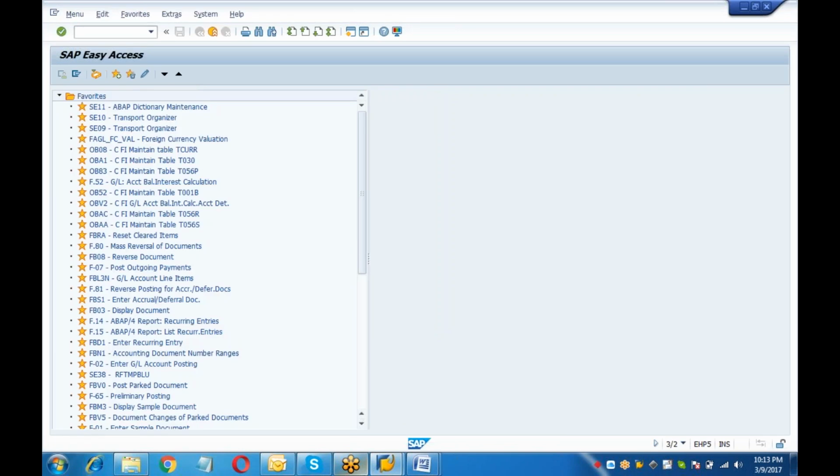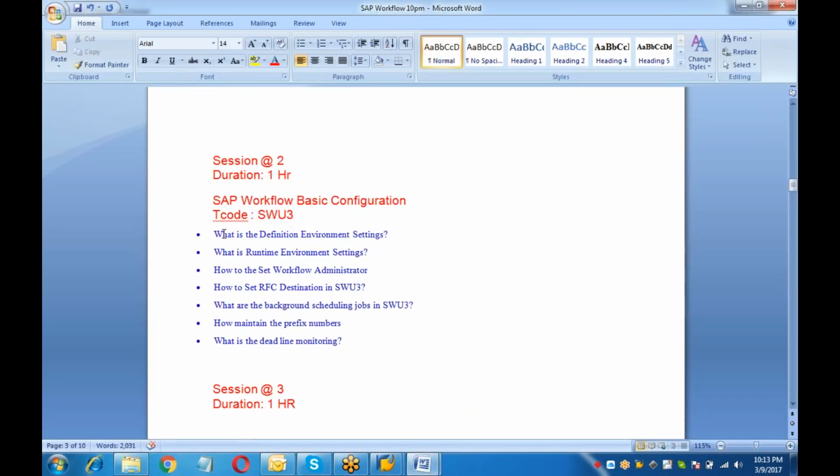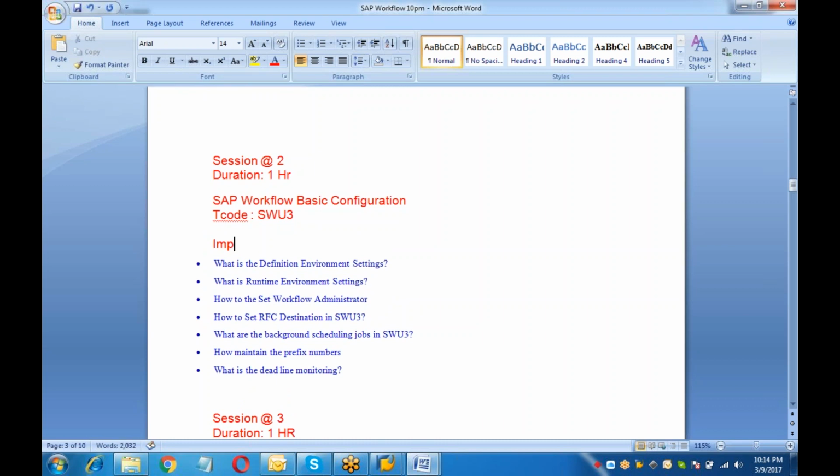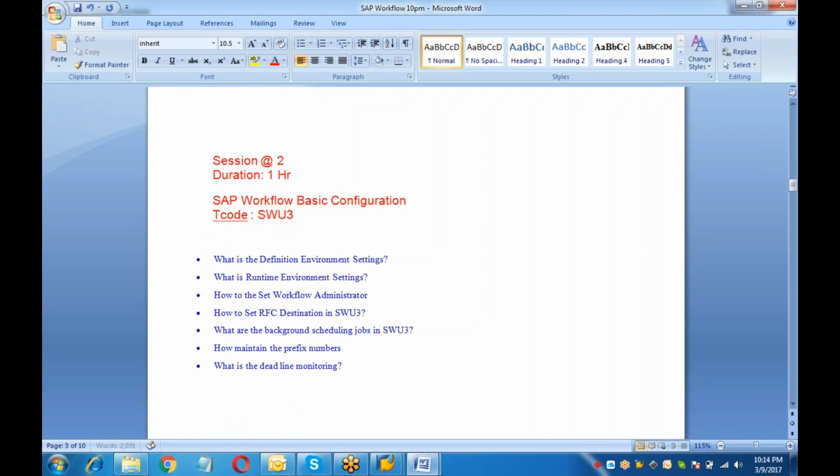Let's go to the transaction code. Okay, so you can see these are all the nodes, like what is the definition environment, what is the runtime environment, how to set the workflow system administrator, how to set up RFC destination, what are the background jobs, what are the background jobs scheduling in the SWU3, maintain prefix numbers, what is the data mounting. These are all things we'll discuss in the SWU3. Okay, so this particular T code is very much important when you're working in implementation, as well as you will get a chance in the implementation project